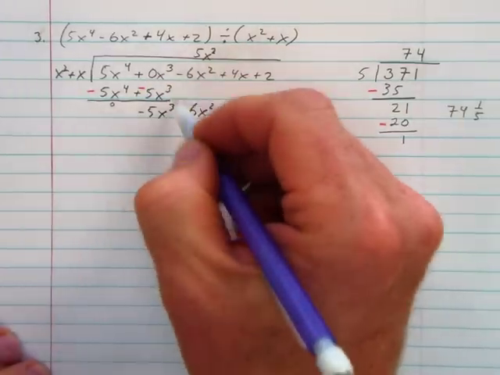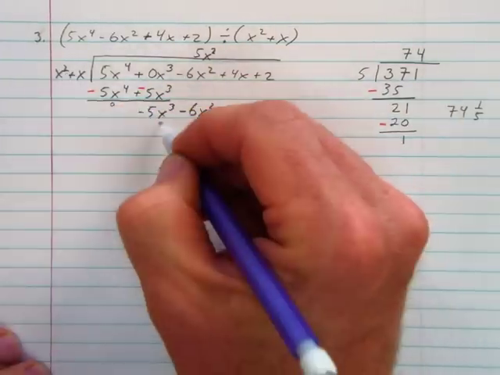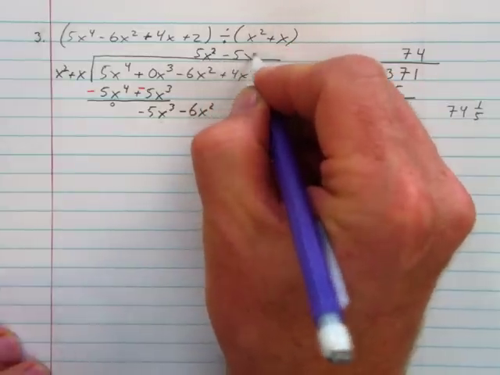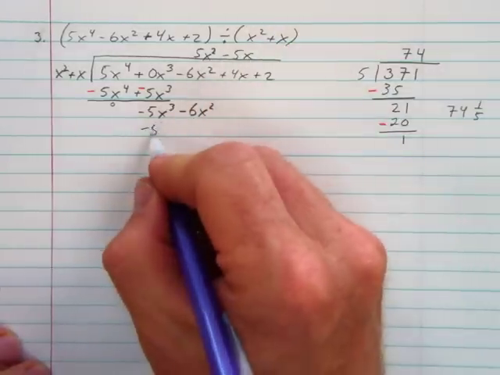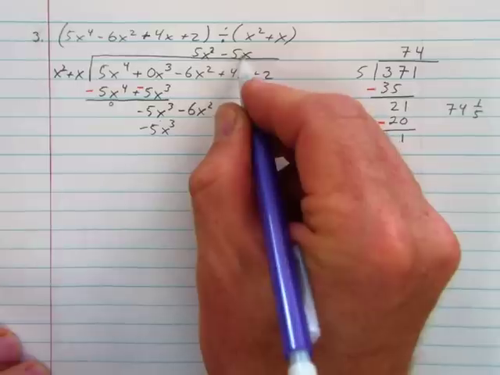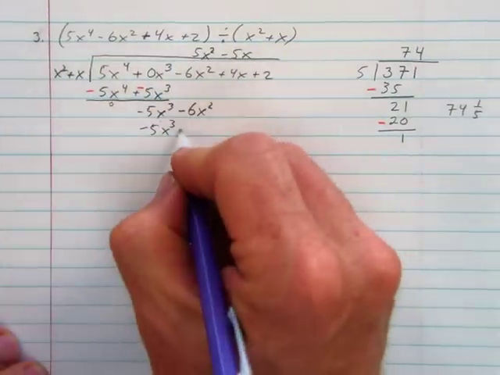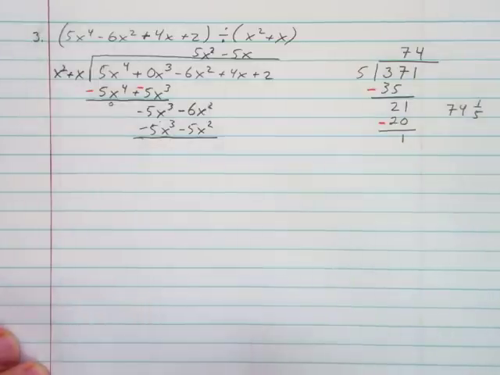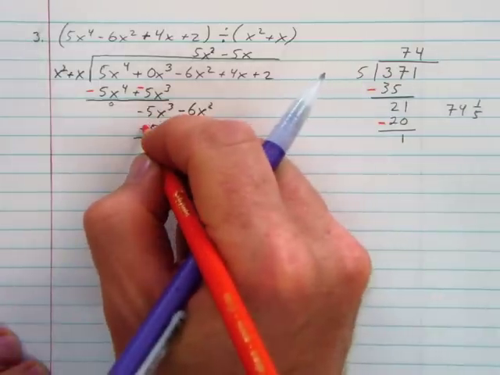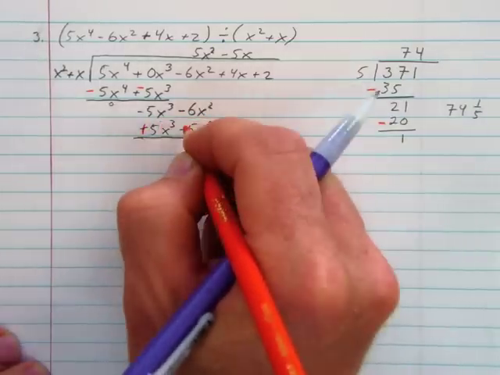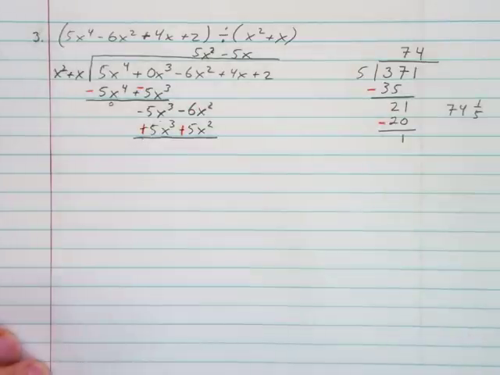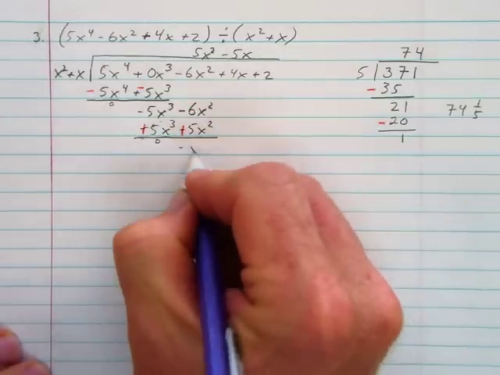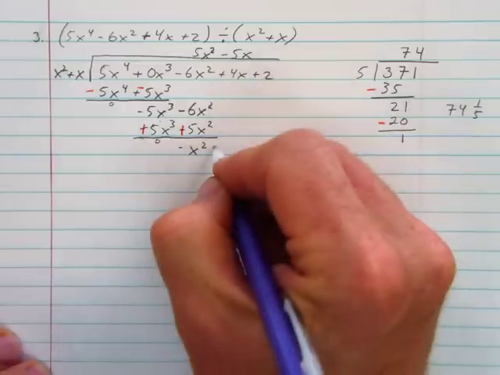Again, our goal is to get rid of that highest power, so x squared times what will give me negative 5x cubed? Negative 5x. So we'll get negative 5x cubed, and then negative 5x times x would be negative 5x squared. What are we going to do? Subtract. Well, if we're subtracting these, we're going to change the sign, so this becomes a positive and a positive. Again, we'll have 0 and negative x squared. Bring down the next term,